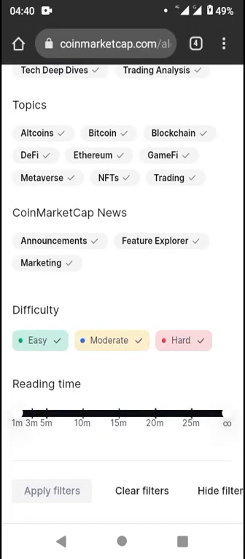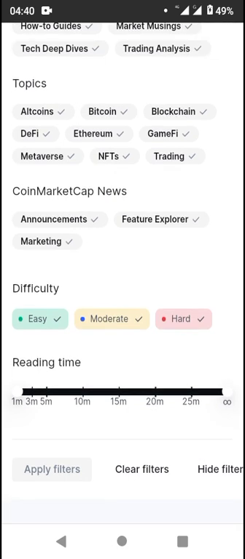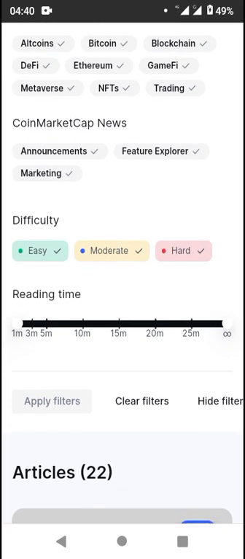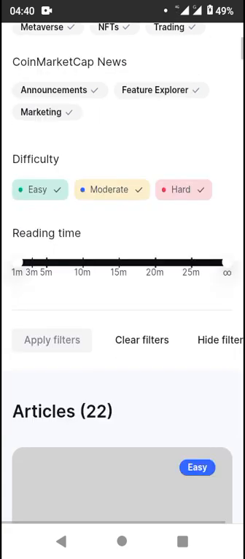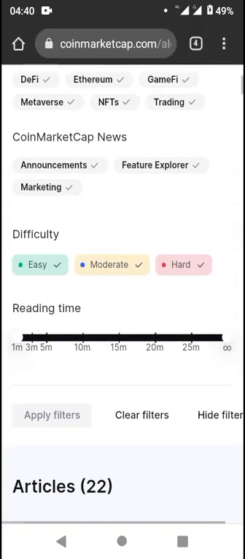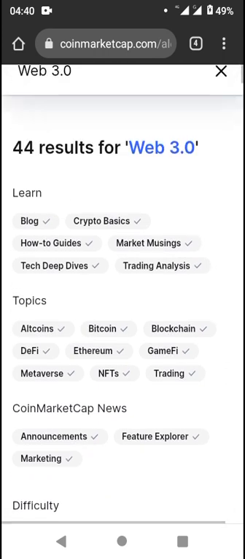So after you've done your search, if you still want to streamline your search results to just easy articles, you can click on easy here, and you can now apply the effect. If you click on just easy, that should show us articles that have